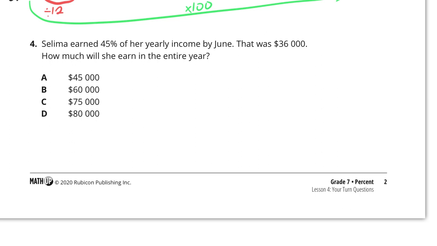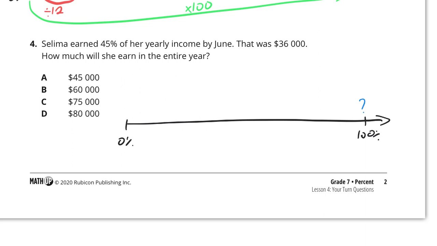Finally, Salima earned 45% of her yearly income by June. That was $36,000. How much will she earn in the entire year? So here's the entire year, 100% of the year, right over here, which is what we want to know. We want to know, what did she make in the whole year? 0% is over here. We know that she made $0 there, right? But what we know is at 45%, approximately halfway through the year, she will have already made